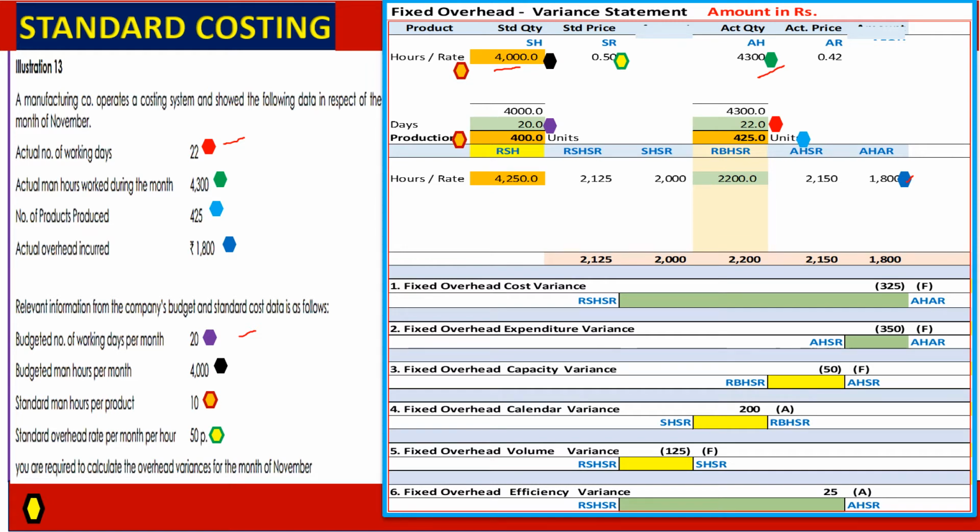Once we post what is given, now we have to find out what is AR and what are the other parameters to be filled up. Let us take it up.